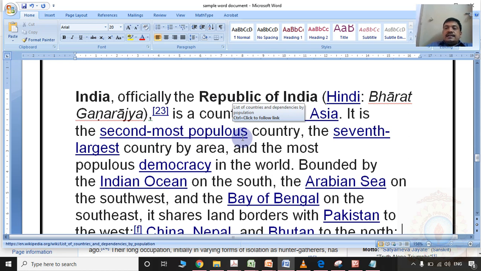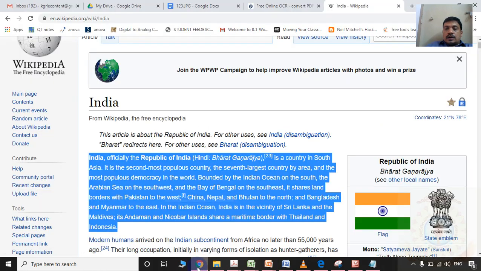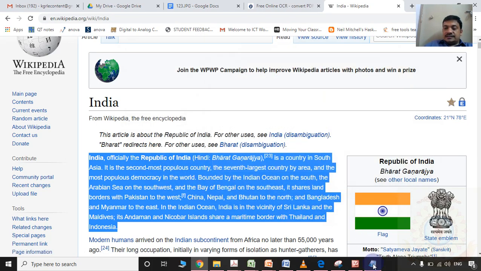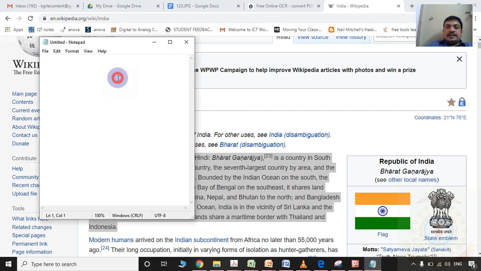So what is the easy mechanism to show it normally? Don't copy the content directly from the website. Select the particular paragraph first, copy the content, and open the Notepad application, which will be there in your PC. In that Notepad, copy down the content first.